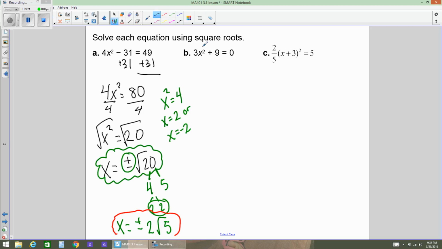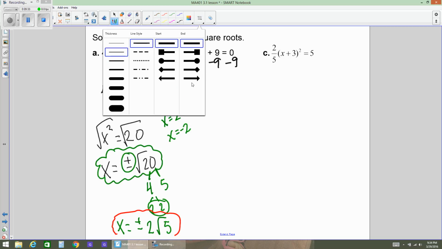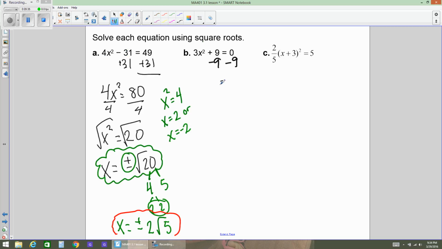Okay, let's try letter B here. It's 3x squared plus 9 equals 0. The first thing I do is subtract the 9 on both sides. And change my pen style again. I think my handwriting looks a little neater when I do that. Now I'm going to divide by 3. So I get x squared equals